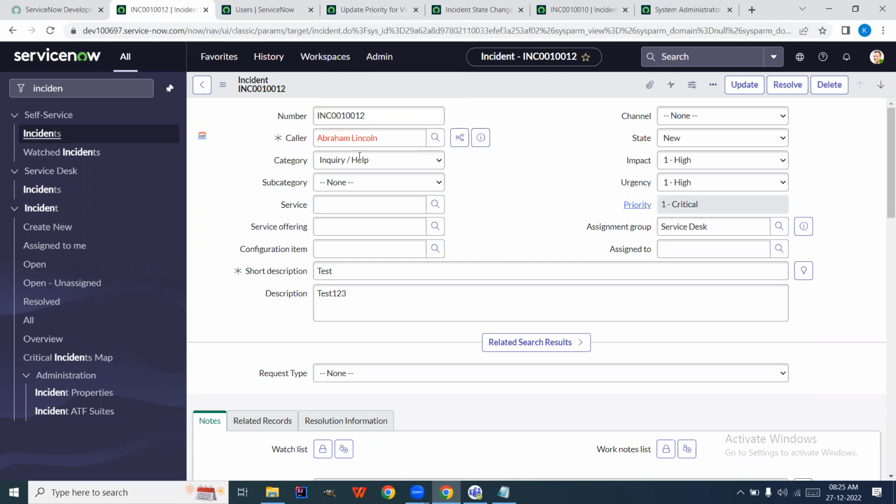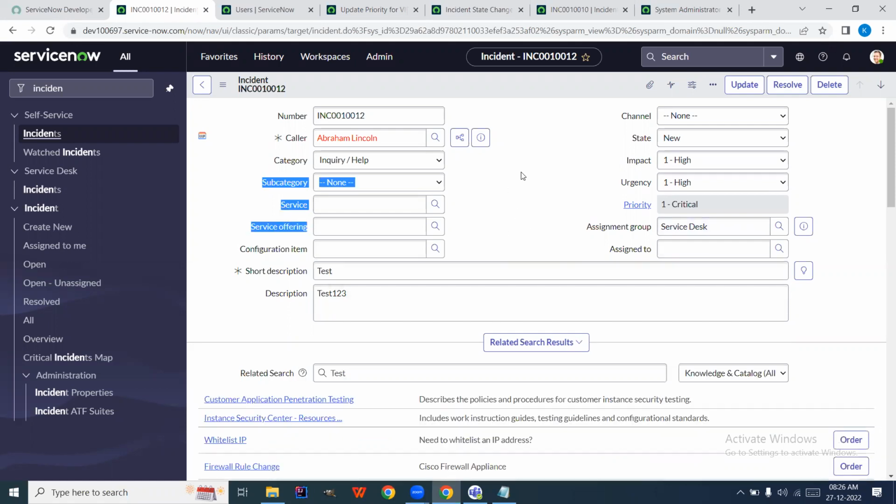Say for example, this is the incident, and before you make any update to this record, you make some changes to this record, okay? Like you change the short description or something. Then before this record is updated, you want to perform some action on some other table. Okay, so that could be